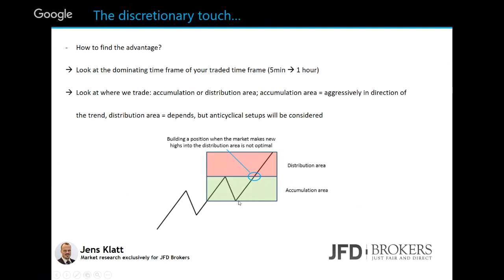you will easily understand that this is usually the area where you start to position yourself together with other and bigger market participants who have to find regions where they find enough volume to build their positions. So just imagine you're a big fund manager or a trader for an investment bank, and now you get an order from one of your biggest clients, let's say it's Allianz or something like that, and they are saying, hey, we have to